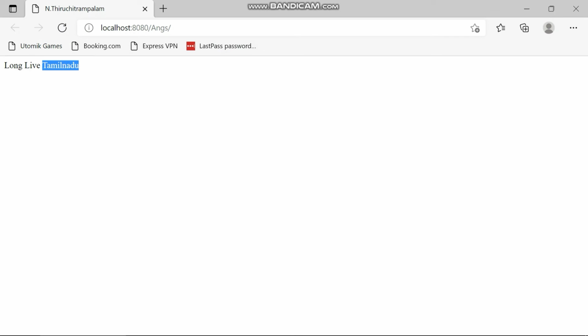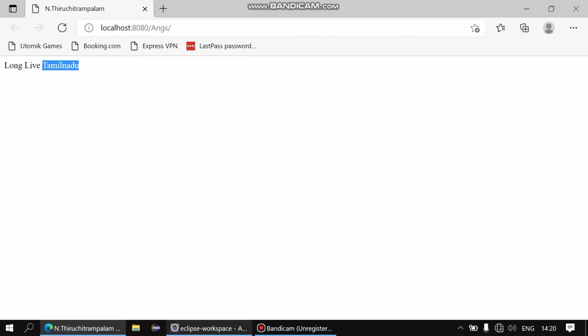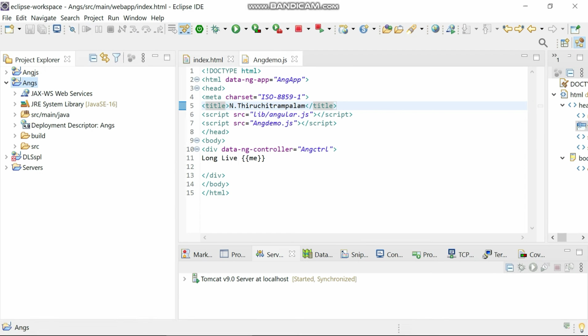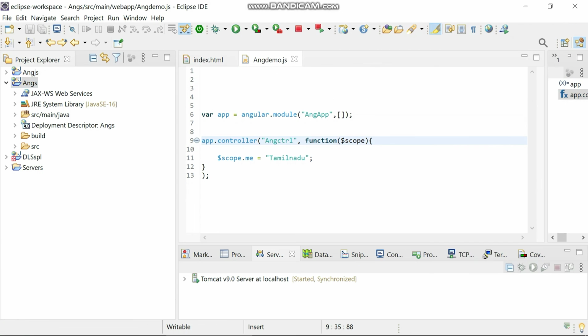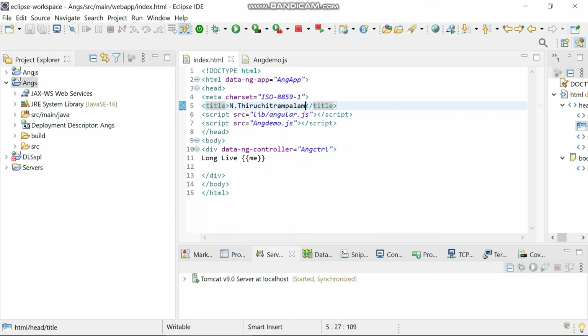So that value exists in the AngularJS file, the name of the file is ang demo.js. In this we have assigned the value Tamil Nadu to the scope object property me. So this me I have used in the index.html.